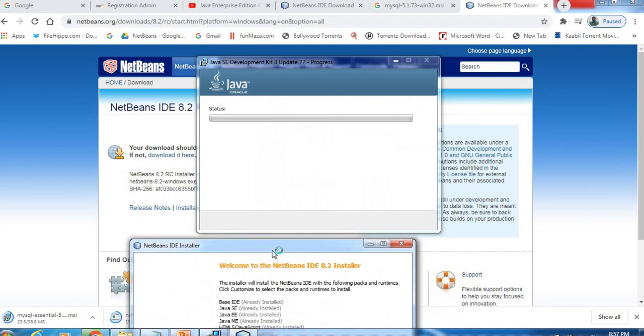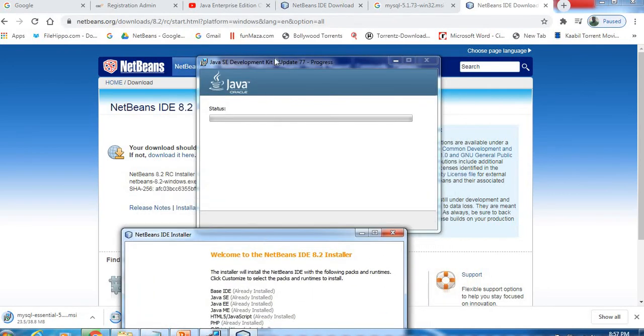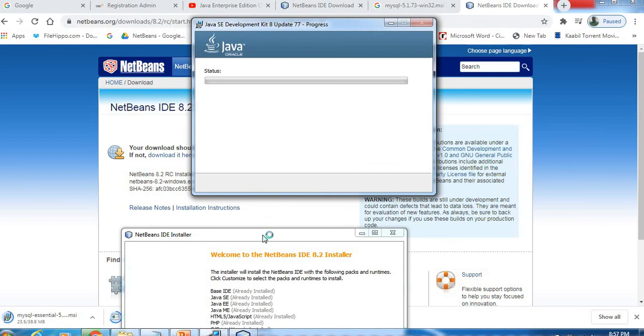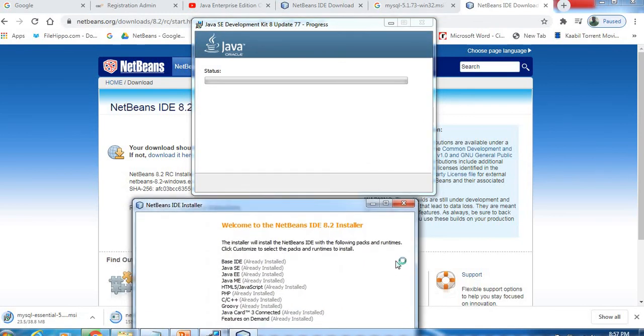So you can see that parallelly the NetBeans installer is going on, and this file is going on. You have to just click on next and next, right? So at the end of this, we have already shown you how MySQL will be installed, how the Java JDK setup will be installed, and how the NetBeans will be installed. You have to just click on the next, it will be installed.